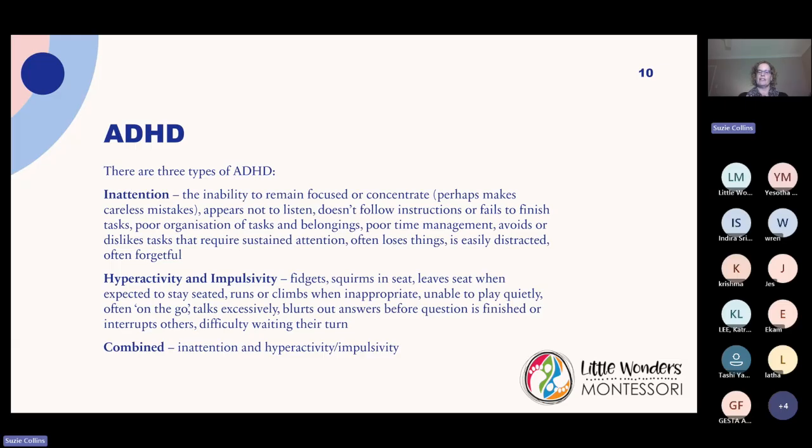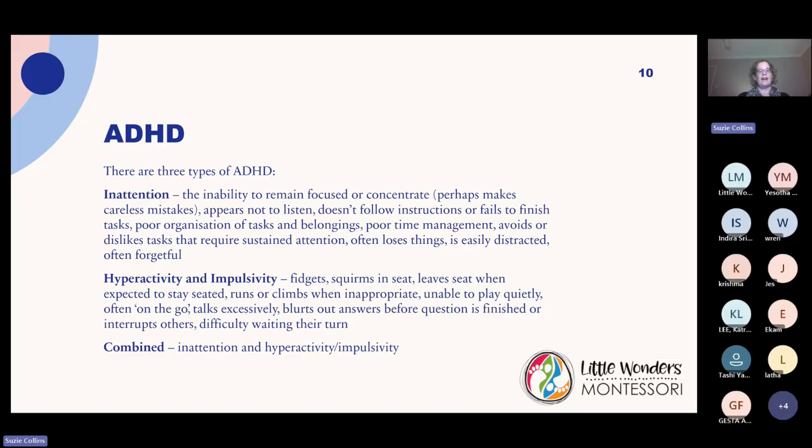Again, it can be really tricky, and it requires a really comprehensive assessment to determine which of these types, including the combined type. It's also important to identify whether or not some of these symptoms are just normal developmental processes that are happening. We also know that children mature and develop at different levels, so we need to be mindful of that. And some of these symptoms also fall into other criteria, so again, it's really important to make sure that we can differentiate between those as we need to.